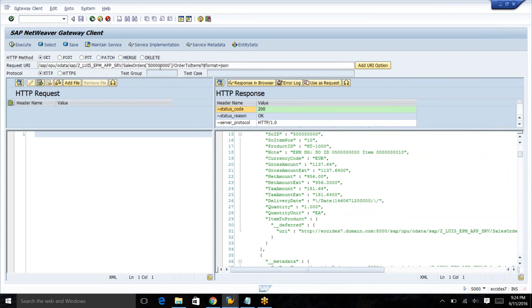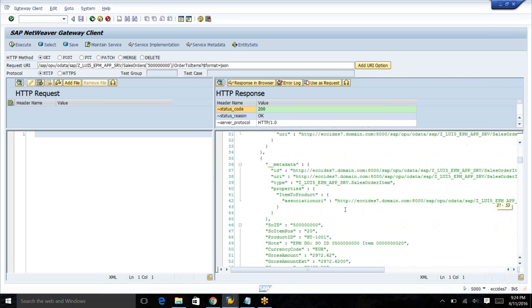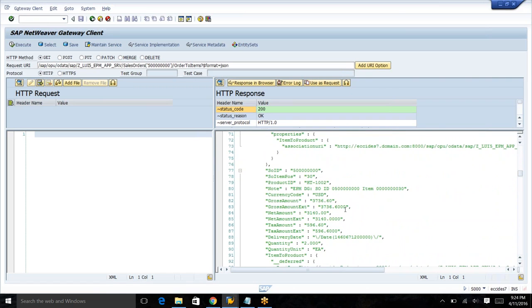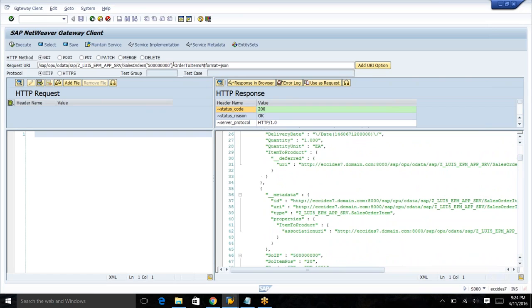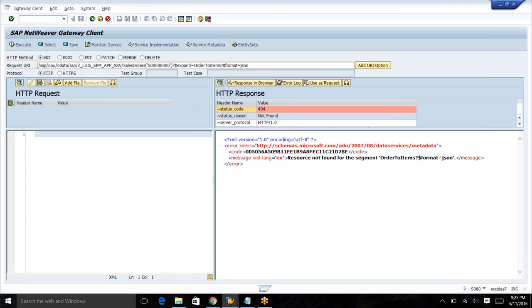You did not get sales order header information, right? But let's say when you expand it, it is going to get you the